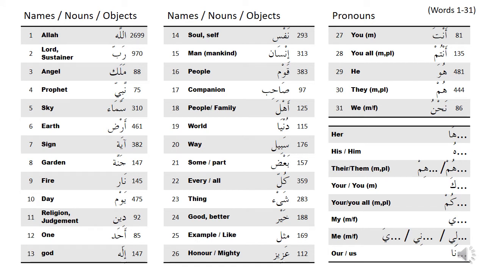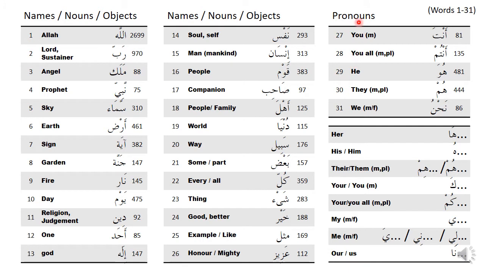These are the first 30 words from our list. This column here is how many times each of the words occur. So you can see Lord, Rabb occurs this many times, angel this many times, and so on throughout. This count includes all the forms. If there are plurals of some of the words, which we'll be covering in a lesson, this includes the plural form and the singular form of the nouns. Some of the nouns don't have plural forms, like Allah does not have a plural form. But some of the words do, like malaika is angel plural, malak is angel. That includes both occurrences there.